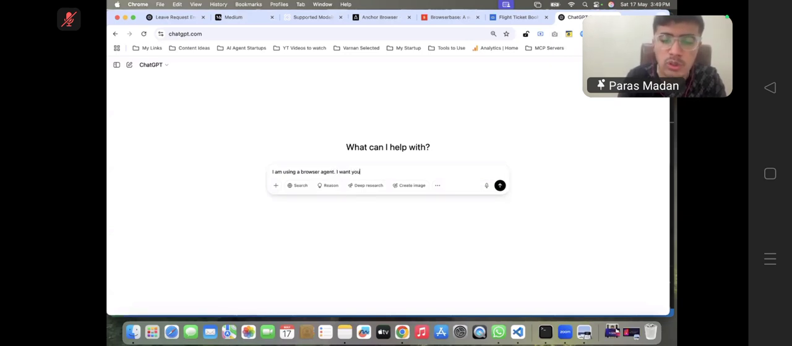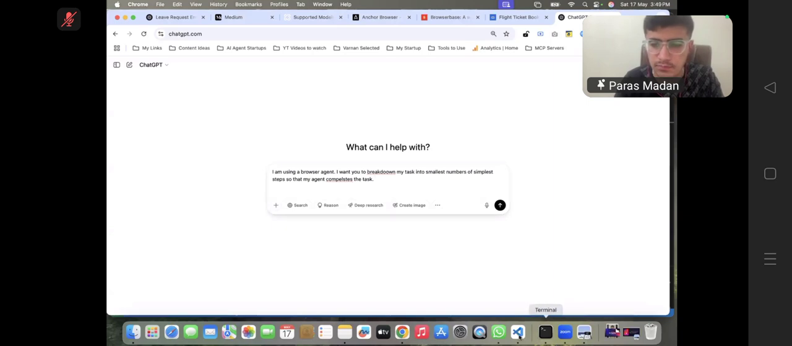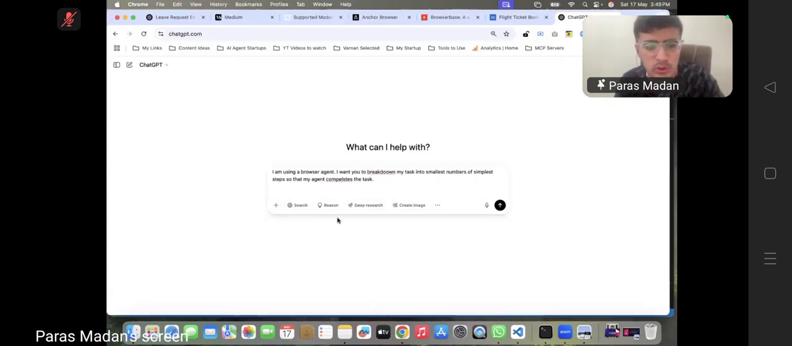I want you to break down my task into the smallest number of simplest steps so that my agent completes the task. Okay, and then I'll give my query. I'll just paste it. So one thing is that you can give this query directly as the task and you can just do it, or